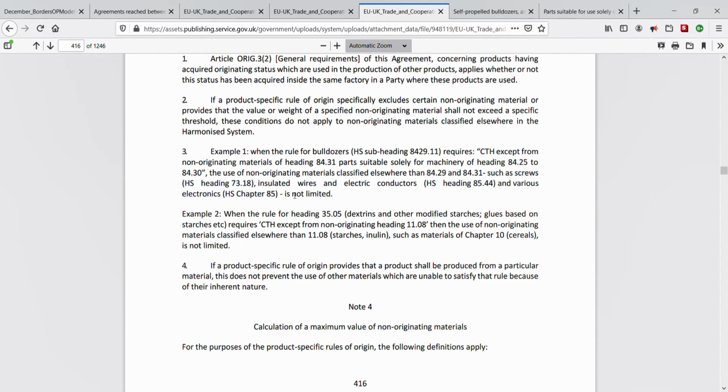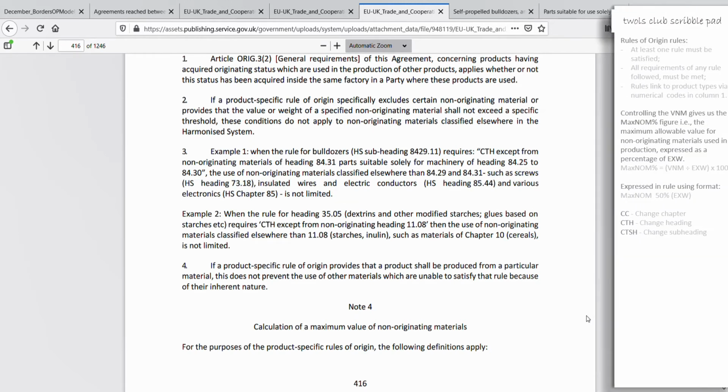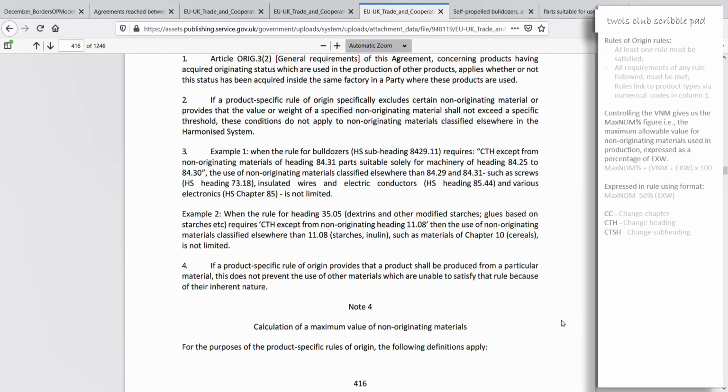Very interesting. But don't forget the other rule. What was that? The max NOM, 50% of the EXW value rule. Fab. With this option, absolutely all our parts and materials can be non-originating. Even parts from 8429 and 8431. As long as the total value of non-originating items do not exceed 50% of the EXW value of the goods. EXW: the value paid or payable to the producer in whose undertaking the last working or processing is carried out, etc. and so forth. And that's nice. Next.